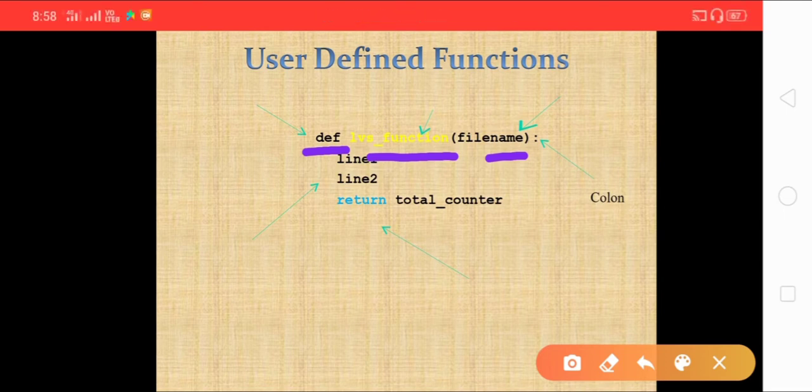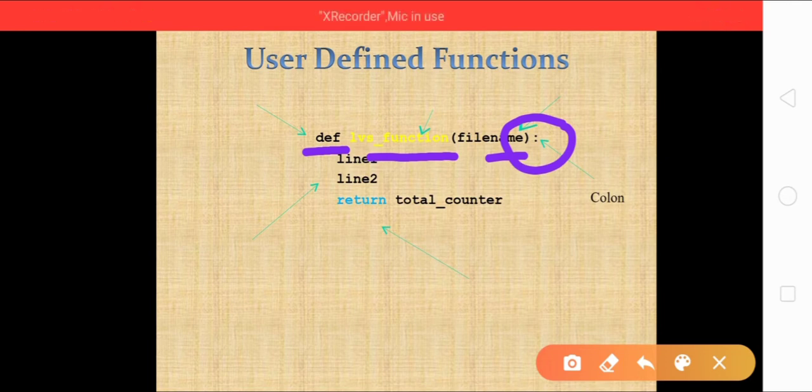When I am writing the argument during the definition of the function, it will be treated as a parameter. Like the other statements in Python, when I am going to create a definition of a function, colon is mandatory. Without colon, that function will not be created.